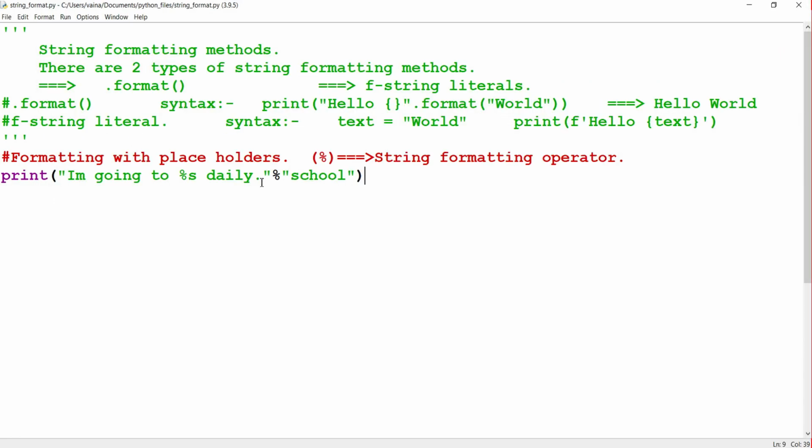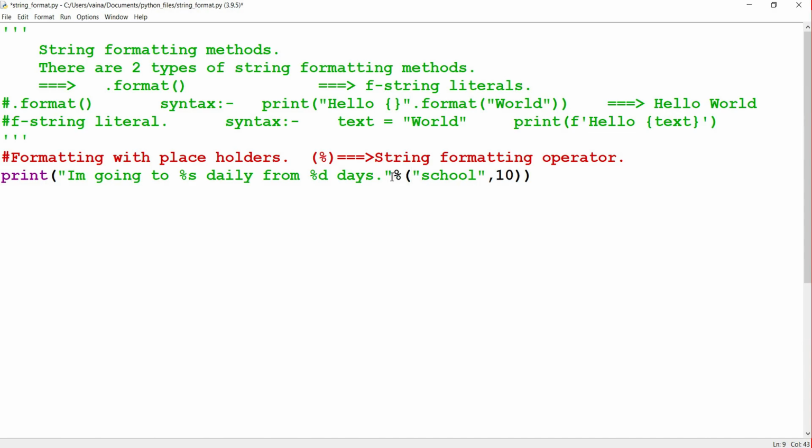And if you want to accept integer values, like "I am going to school for 10 days", here we use the format specifier for the integer, d. d accepts integer values, and in order to pass the integer value we use a comma and pass 10, and we place all of this in parentheses.